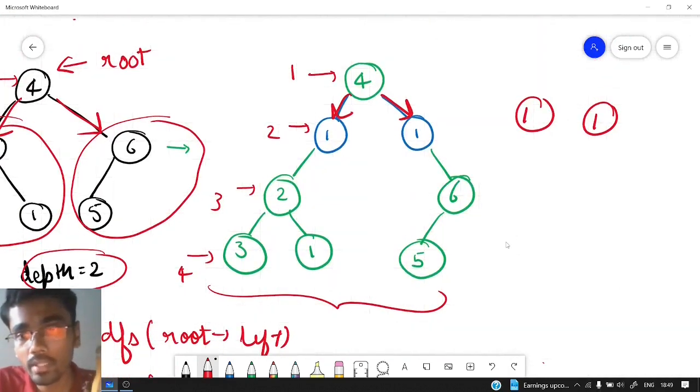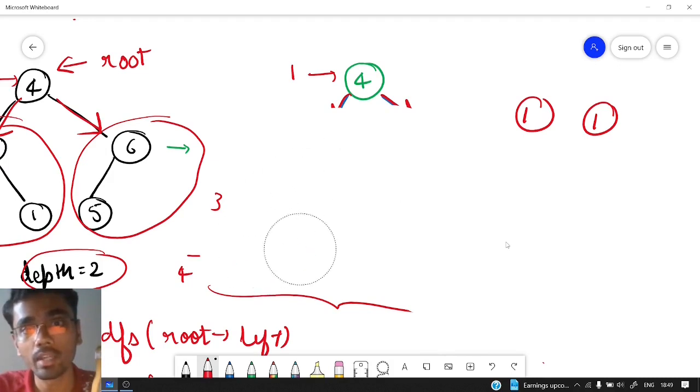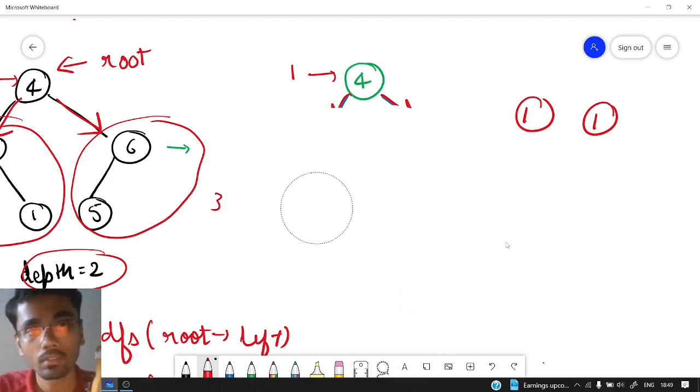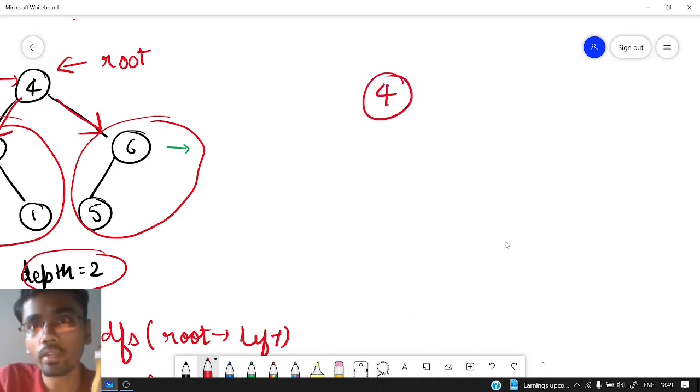Now what will our current binary tree look like? Let us redraw the binary tree and see the current situation. Now we have this 4 here, and our root will be present at depth equal to depth minus 1.